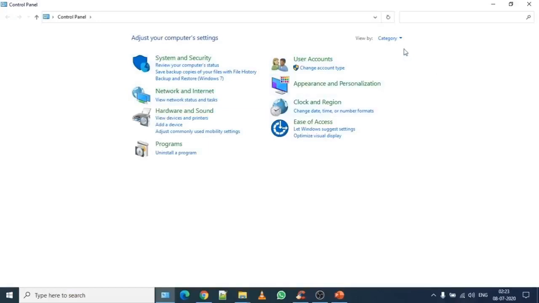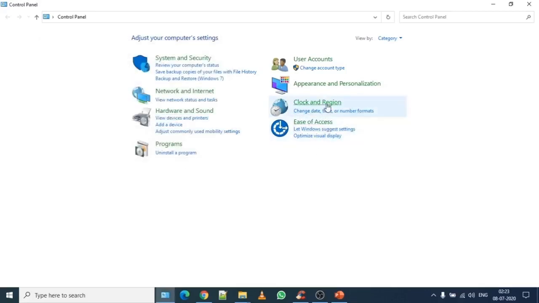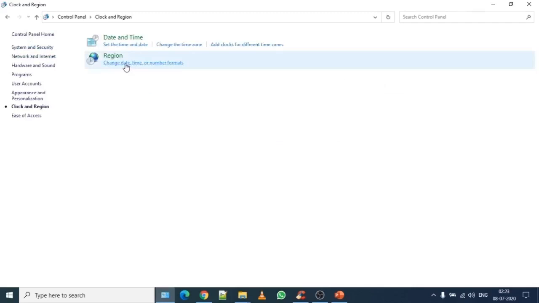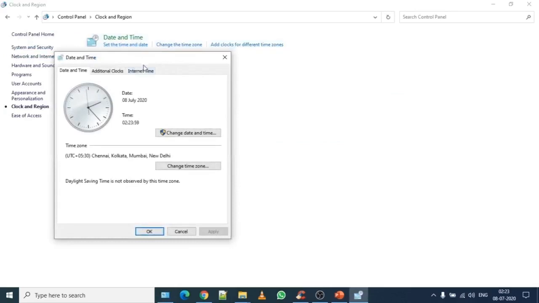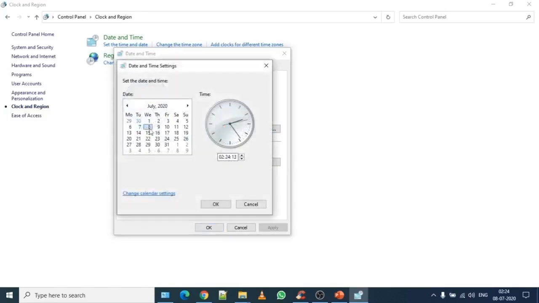Now, because the default view is category view, you will find date and time in the clock and region area. Click over here and it will give you set date and time. Go over here and it will open the date and time window, where you will find an analog clock with date and time. If you want to make changes, click on change date and time, and according to your choice you will set the calendar.